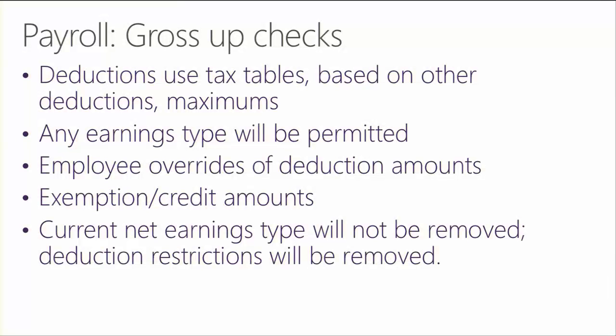So a couple of versions back, we put in a screen called net check entry. And the intent of that was to let you manually calculate a check and determine what that check needed to be broken down to. And you could enter all of that information. But that's just not very efficient, right? Who wants to sit and calculate it when you bought a system? So now what we're going to allow you to do is go in and say, I want to give Jeff and Jason a $1,000 bonus today because